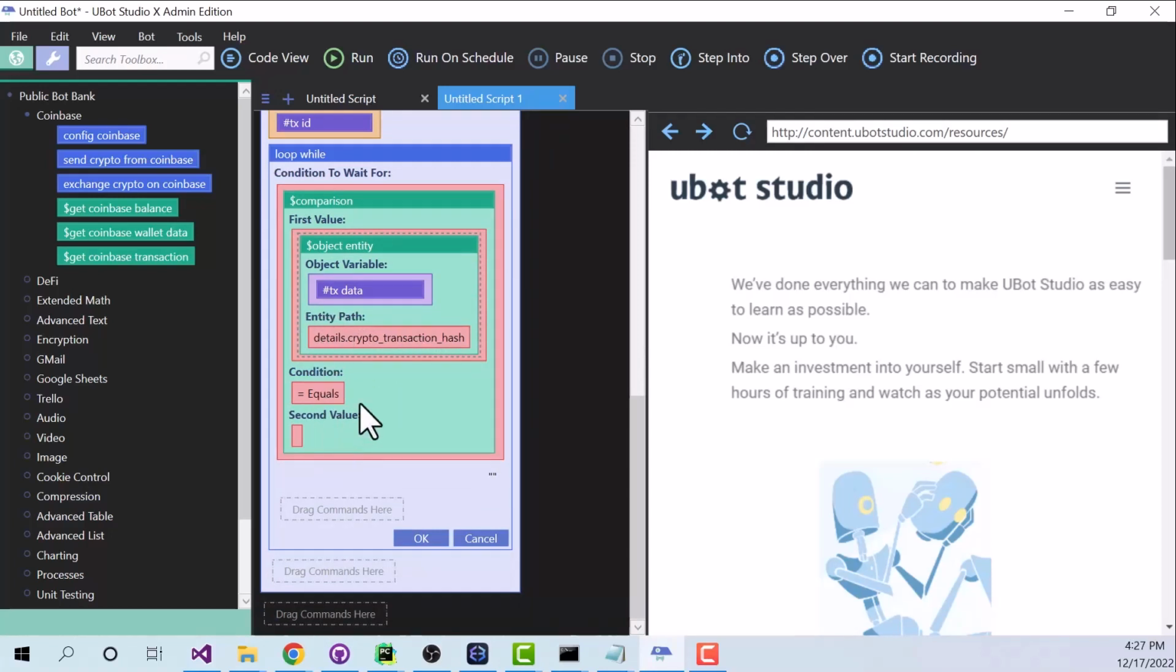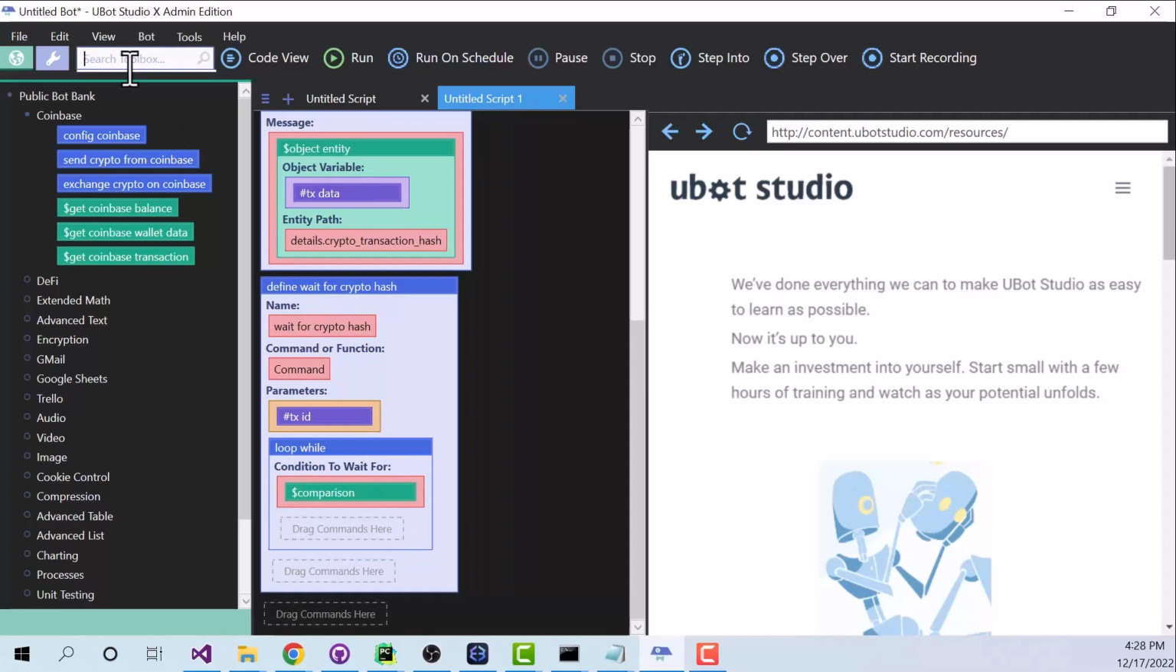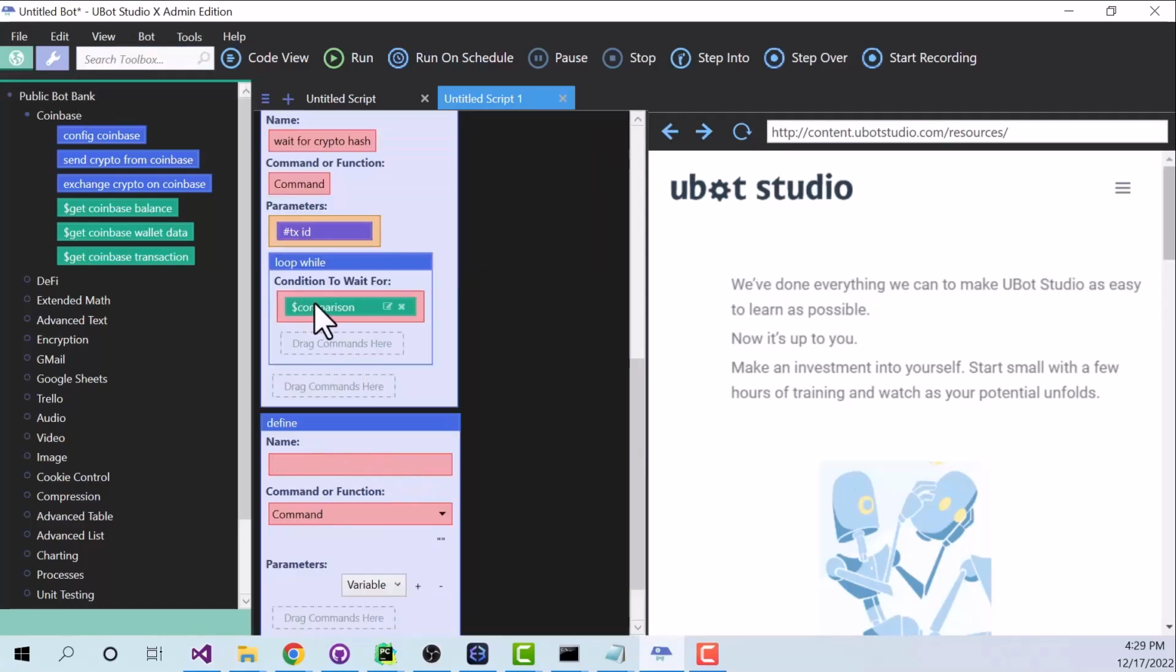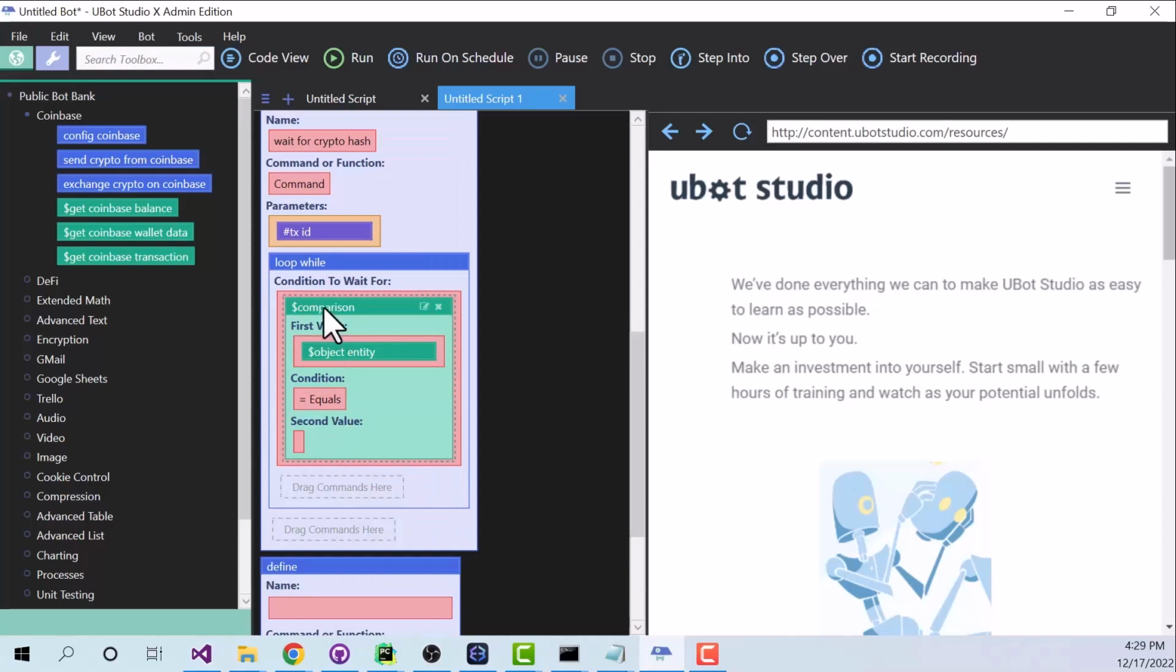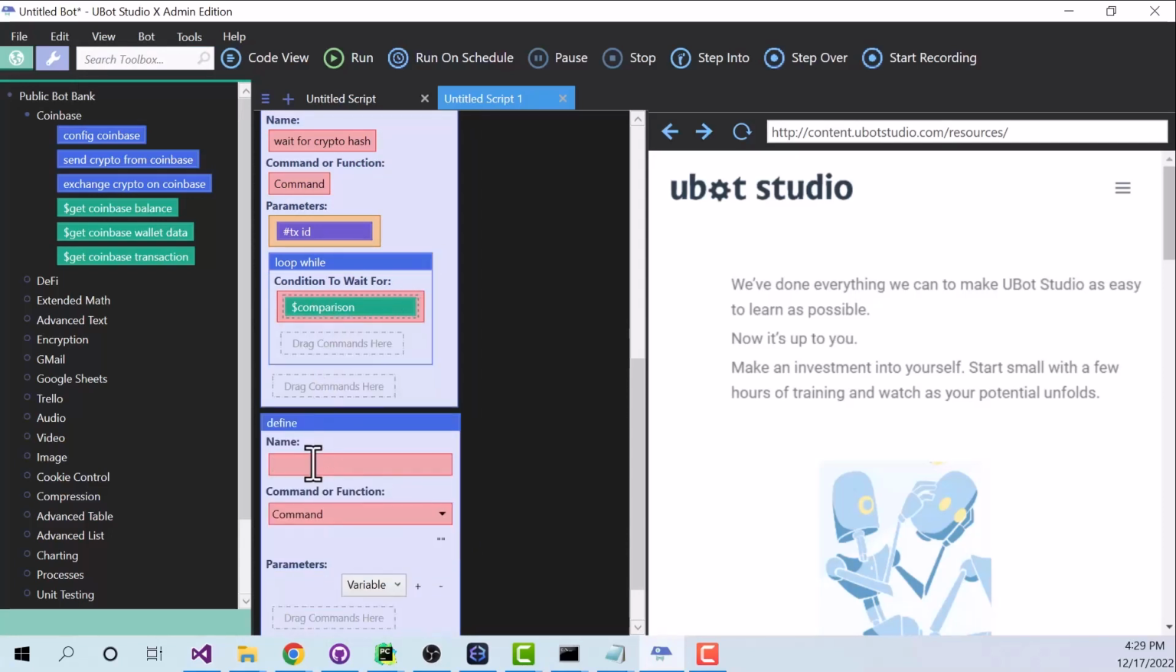And let me show you how I like to do things. To me, this is confusing to look at, and I don't want things to be confusing to look at. So what I'm going to do is actually define another function right here. I'm going to click OK here. I'm going to create another define command, and we're going to give it a name that describes what it's looking at right here. So we're going to call this crypto hash doesn't exist,